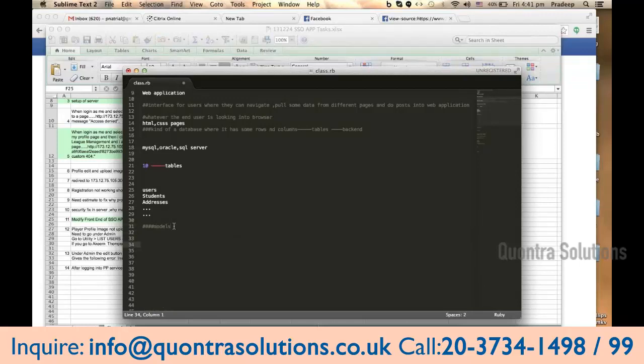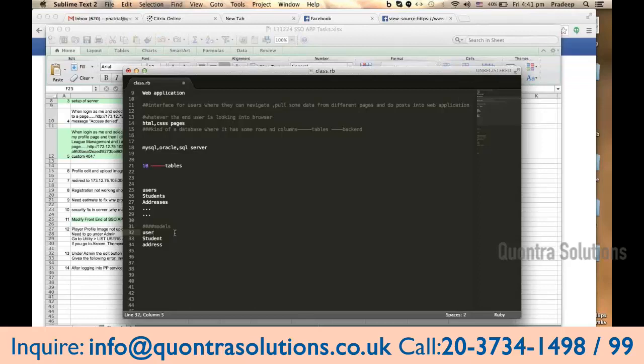Each and every table is connected with a model. Let us say there are 10 tables, but in this case I have 3 tables, so I'll create 3 models for 3 tables: one is the user model, another is the student model, and another is the address model. If I want to retrieve or insert any data, I can communicate via my model called user.